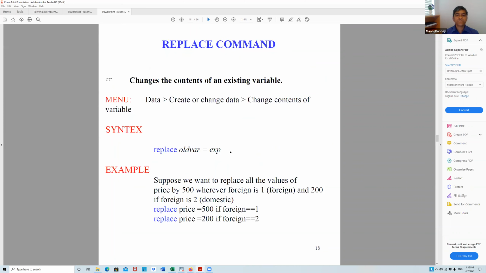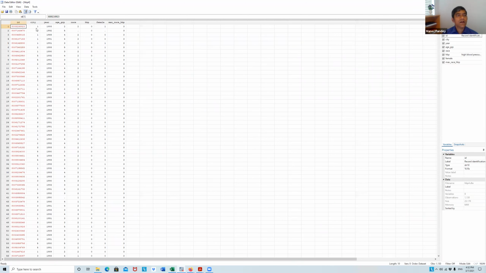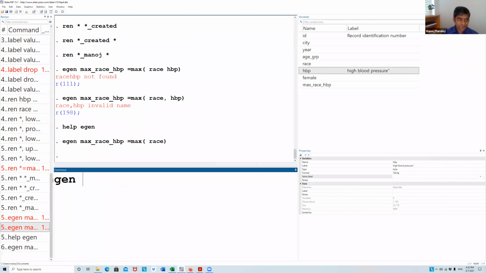All right. Replace command. After generate, you can use the replace command. So let's say I am creating dummies for this city. Okay. So tab city, comma, generate d_city.